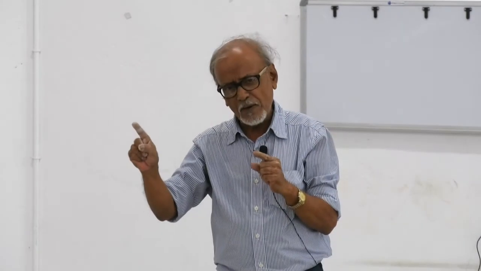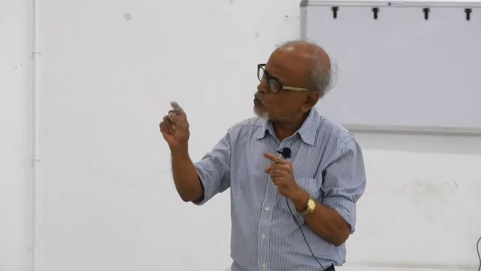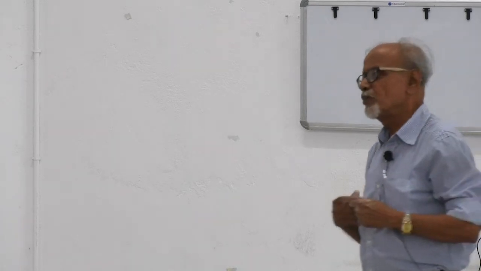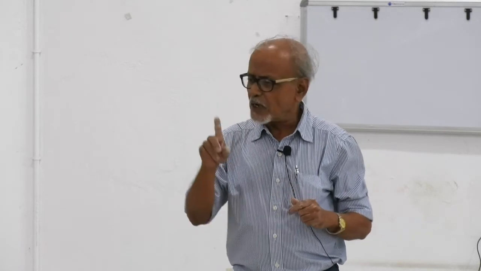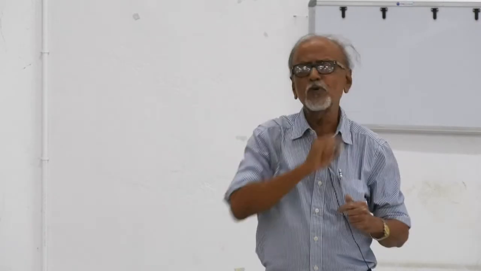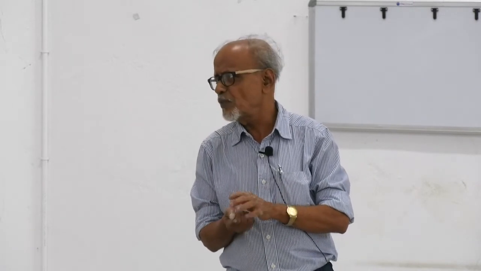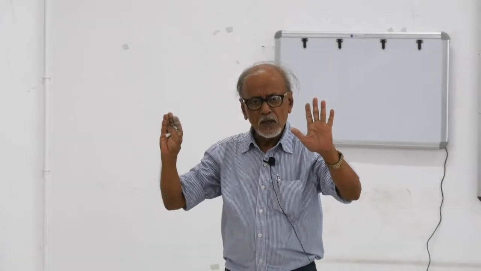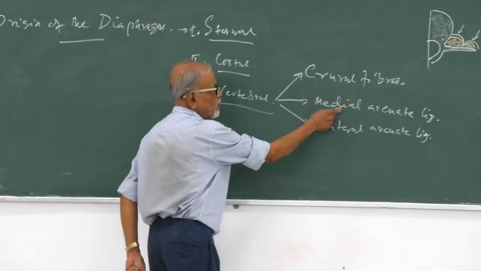ট্রান্সভার্স প্রসেসে আছে, তাই না? L1 ট্রান্সভার্স প্রসেসে কোয়াড্রাটাস লাম্বোরামও আছে। এবার কোয়াড্রাটাস লাম্বোরাম মাসেলটা শেষ হয় কোথায়, ইনসারশন কোথায়? 12 নম্বর রিবে, 12th রিব, ওখানে শেষ হয়। ঠিক আছে, তাহলে অ্যান্টেরিয়র লেয়ার অফ লাম্বার ফাসা L1 ট্রান্সভার্স প্রসেস থেকে 12 নম্বর রিব পর্যন্ত চলে যাবে। তাহলে দুটো ফাসা ধরে আমি বলছি তোমাকে যে you trace it up, এইটুকু আমি বলেছি। ঠিক আছে, কারণ এই দুটো জিনিস তোমাকে বুঝতে হবে তো,